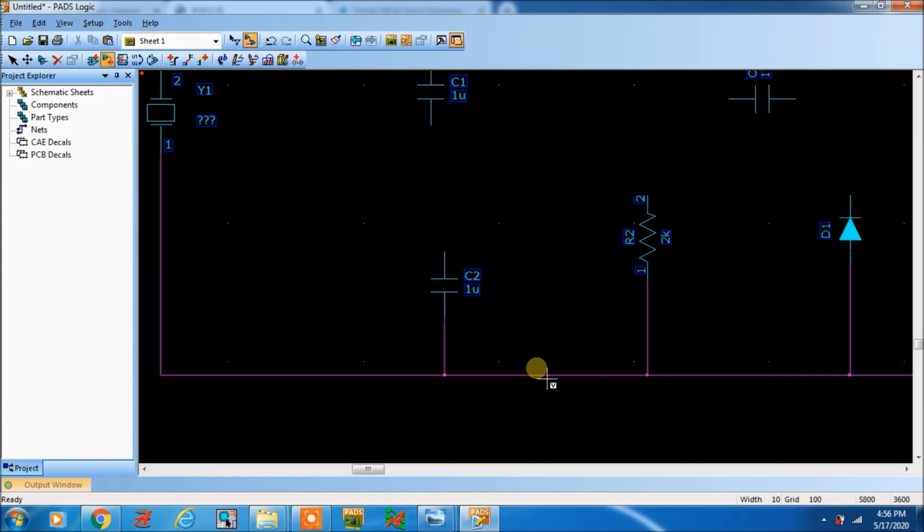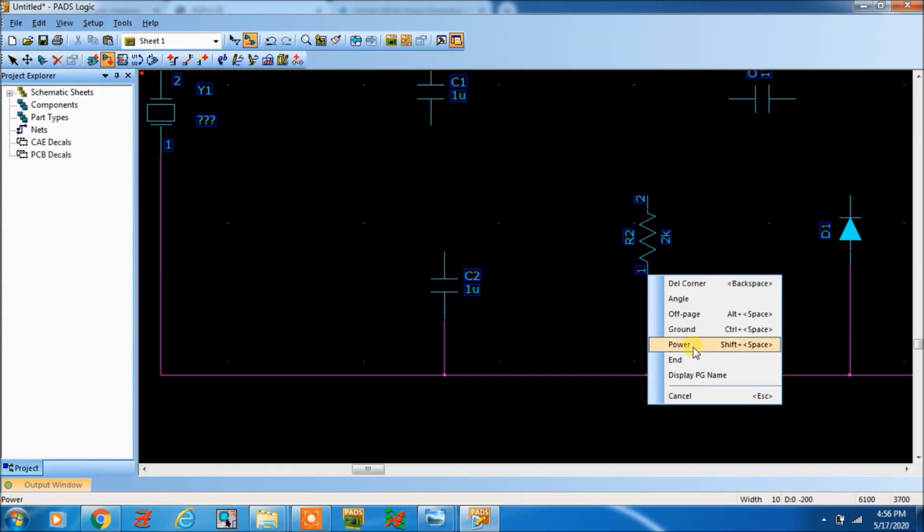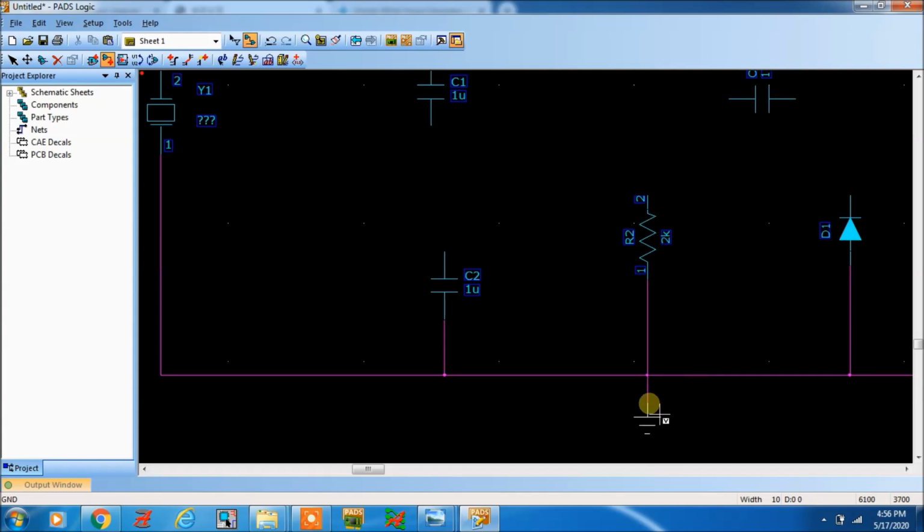This I have to make ground here. How can you make ground? Go to add connection and go to ground. You can take ground here.